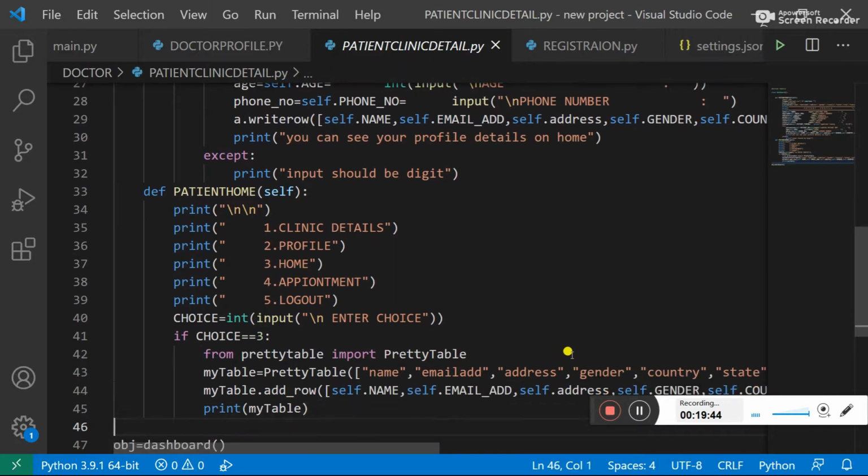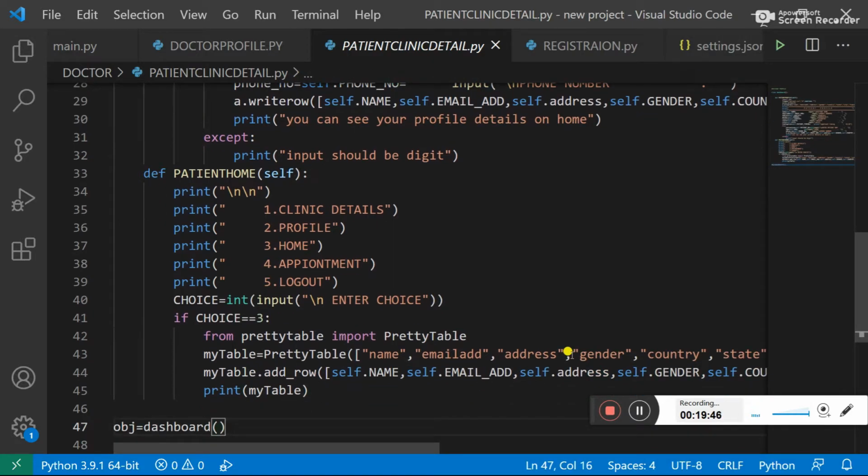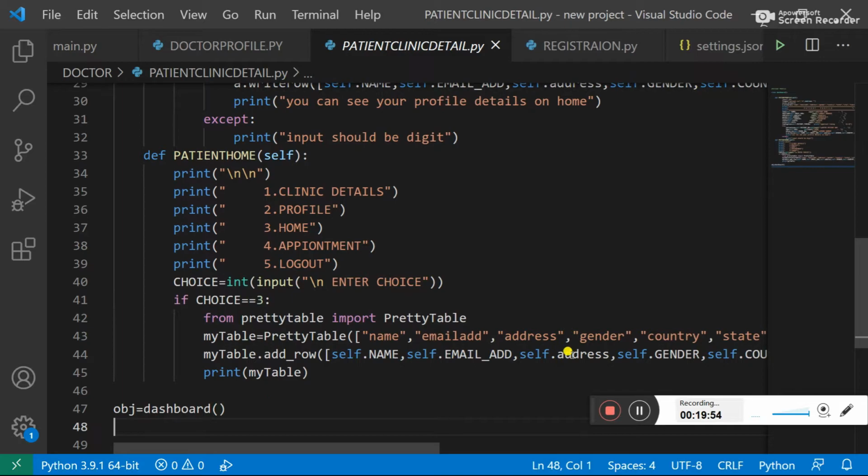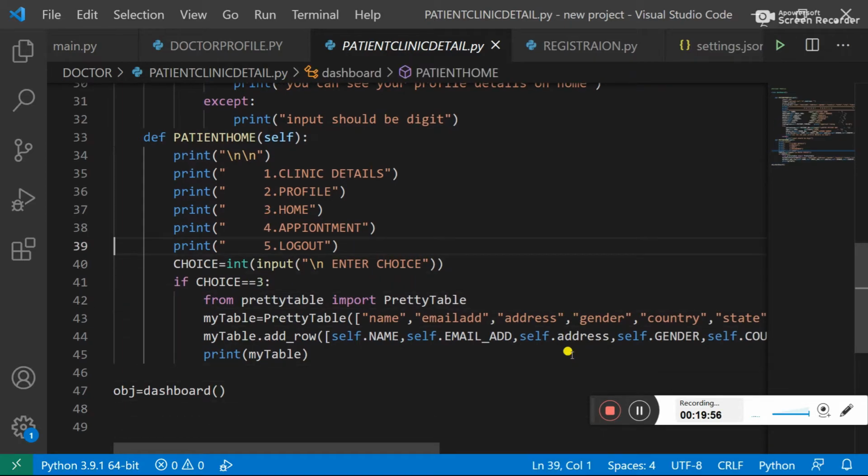Also here I am using the pretty table to see the patient profile in a pretty way. Basically, pretty table is used whenever we want to generate a table.